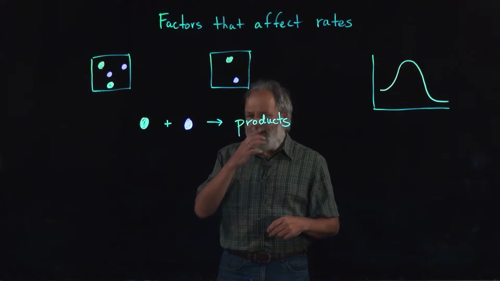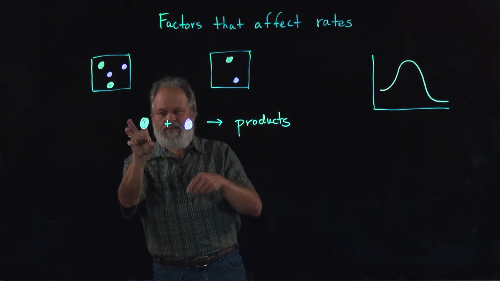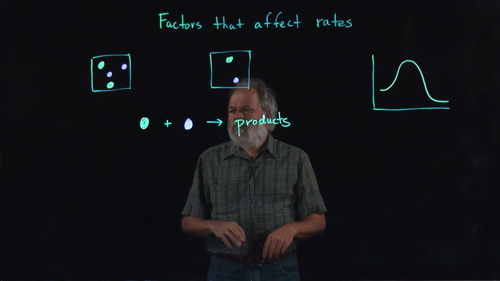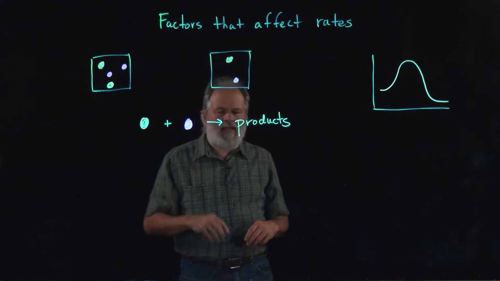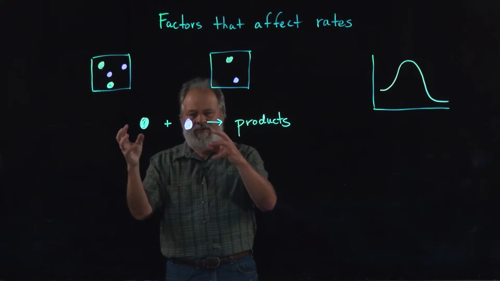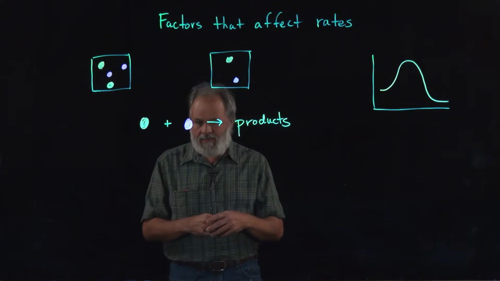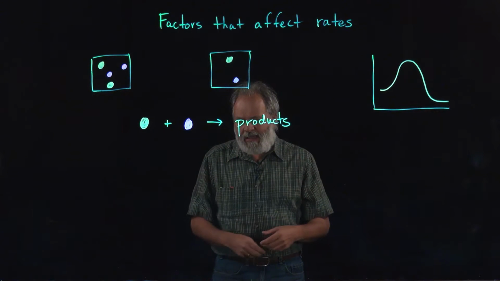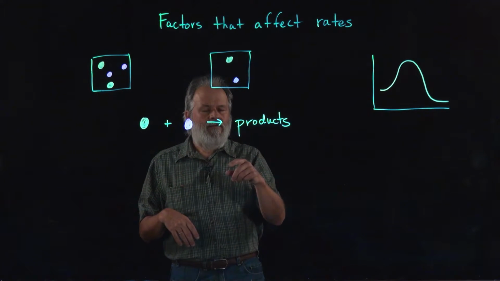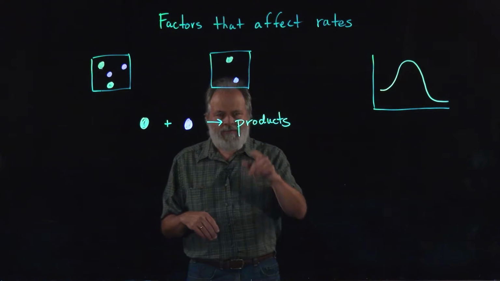For example, imagine that you have this reaction where these orangey green things collide with these pink things. First of all, the only way these two molecules can react is if they collide. And the more often they collide, the more often they can get over the activation barrier to go to